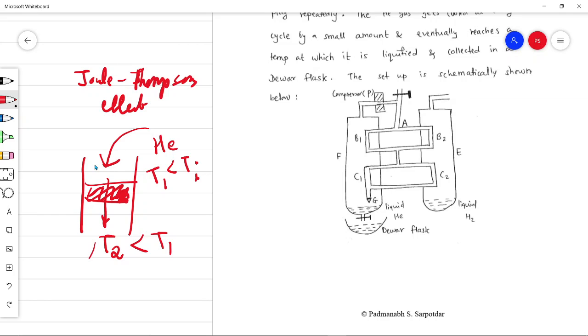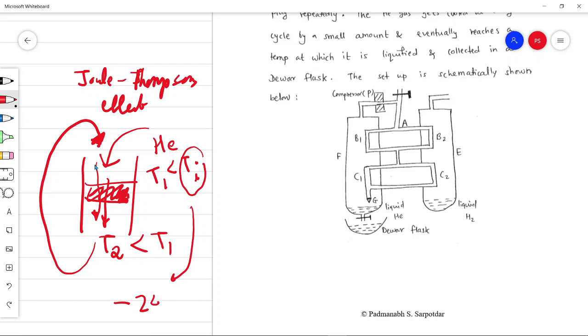Now this cooler helium is fed back again to region 1, so that when it passes through the porous plug, it is further cooled. But note that the inversion temperature for helium is minus 240 degrees Celsius. So clearly, in order to maintain the helium below this value, we need to use liquid hydrogen. The schematic setup looks like